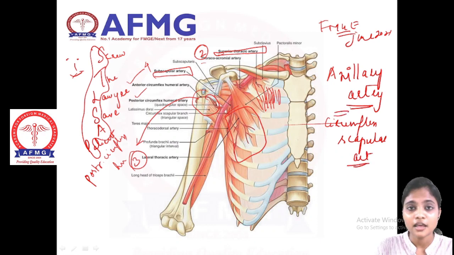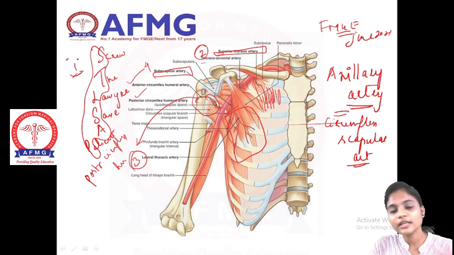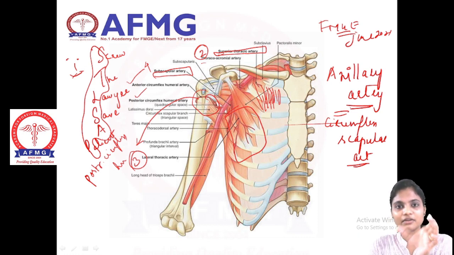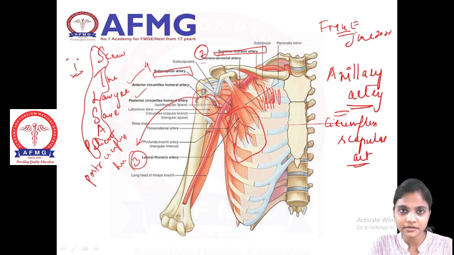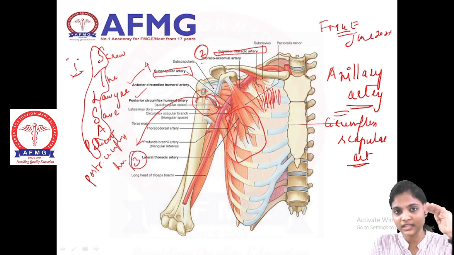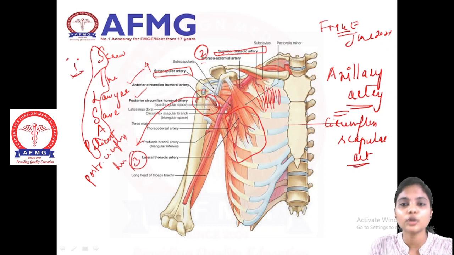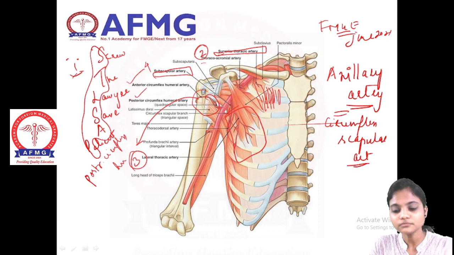So these all are very important arteries. For sure they will be asking a question from this. You have to remember the branches. By the way, how is it going? If it is winding the humerus, obviously it will be your humeral artery. If it is winding anterior, that is your anterior humeral artery. If it is winding posterior, that is your posterior humeral artery. If it comes in the lateral way, that is your lateral thoracic artery. Superior way, the upper part, that is your superior thoracic artery. If it supplies both the acromion process and the thorax, that is your thoracoacromial artery. The mnemonic is screw the lawyer, save a patient. Clear?